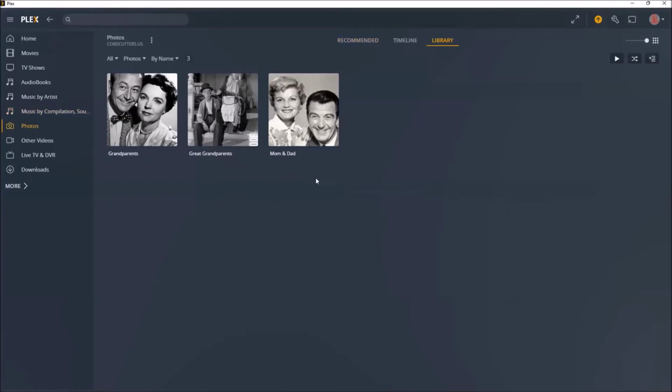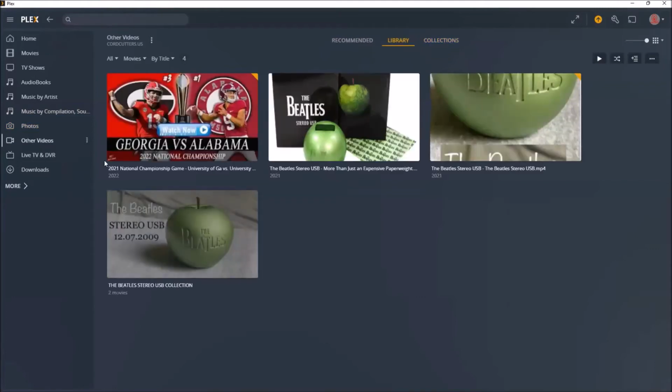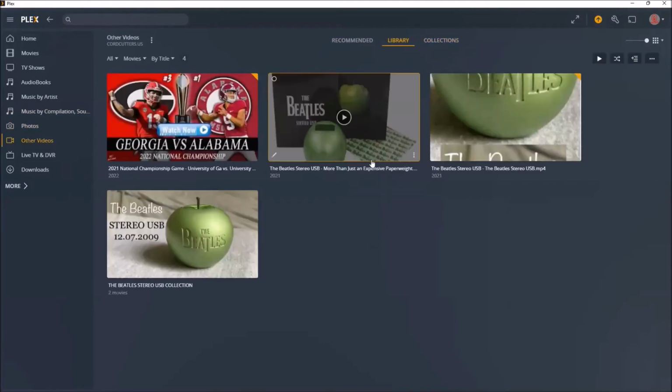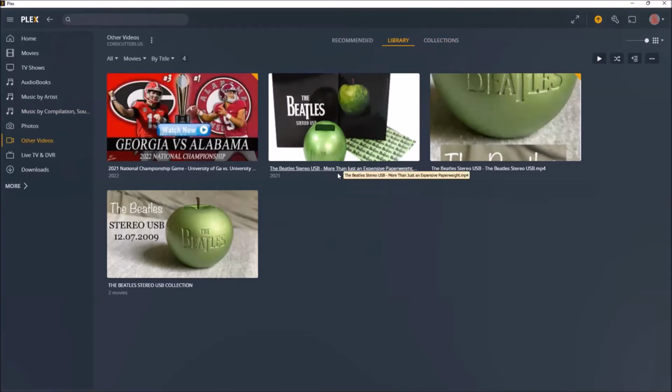Photos, I went ahead and set up the library just so you've got it and you can start adding your own pictures. And again, you can look at it just the same way we looked at it in CordCutter One server. Same with other videos. I put the Beatles